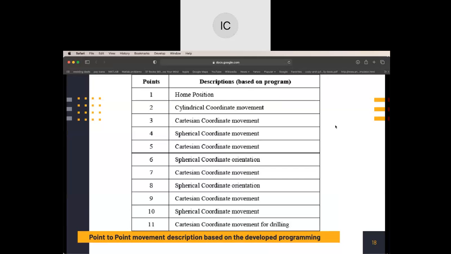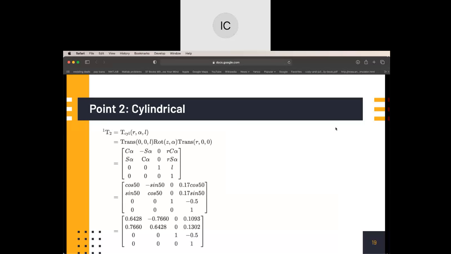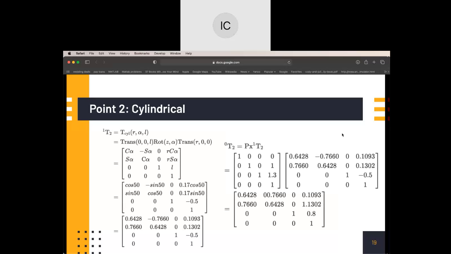We next have a lot of matrices that I have to get through, so I'm going to be moving fairly quickly. But point 2 is performing as a cylindrical, based on that table that we just went over. And each of these points has a different movement. So this one is moving 0.17 meters along the x-axis, negative 0.5 along the z-axis, and it's rotated 50 degrees about the z-axis. We're then taking this final matrix on each of these points. We're going to be taking the final matrix here in the bottom right-hand corner and moving forward onto the next